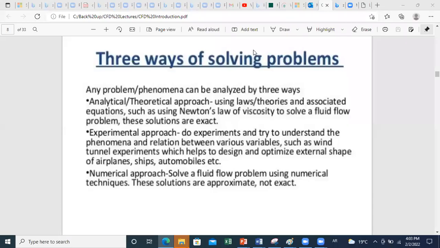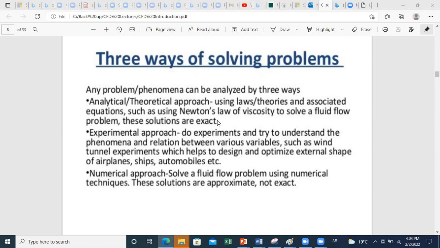So we introduced last time the equations that can be used to solve engineering problems, and we said that we have several ways to solve problems. The first one is the analytical or theoretical approach, which will use laws and theories and associated equations as the continuity equation, Newton's law applied on a certain control volume, the energy equation, to have an exact solution